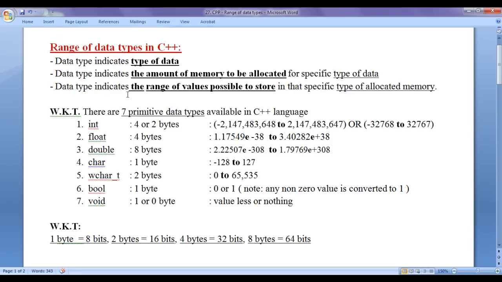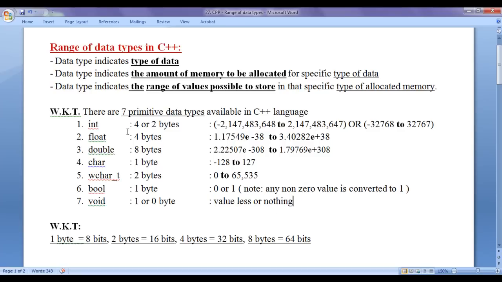In the previous video tutorials, we understood that a data type indicates the type of data. The int data type indicates integer type data, that is whole numbers without a decimal point. Float and double data types indicate real type data, that is real numbers or fractional numbers containing a decimal point. Char and wide char data types indicate character type data, that is a symbol enclosed in between a pair of single quotations. The bool data type indicates boolean values, true or false. The void data type indicates a valueless data type, it indicates nothing, guys.